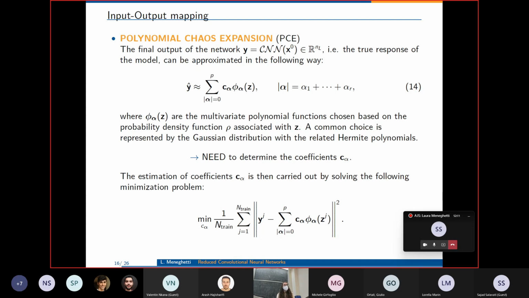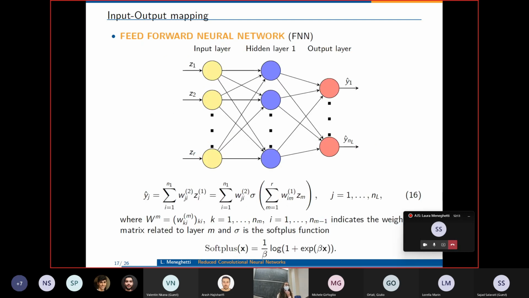The second technique that we have used is a feed-forward neural network. This is also in analogy with what is usually done inside a convolutional neural network, because if you remember what I told you at the beginning, the last part of a convolutional neural network is a feed-forward neural network. Here you can see a scheme of a feed-forward neural network. In particular, I have used only one hidden layer because also in our tests we have used feed-forward neural networks with one hidden layer. So in this case, in order to obtain the final output, so this vector y hat, what